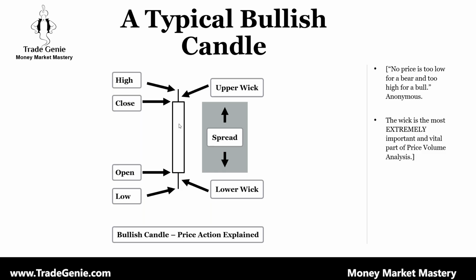Is it open at 100 and close at 110, or open at 100 and close at 120? So we don't know what is the meaning of this spread. It's all relative. It could be a $10 open and $10.20 close. It's only 20 cents, but we are giving a meaning that this is a wide candle, long candle, bullish candle, and there's a bullish